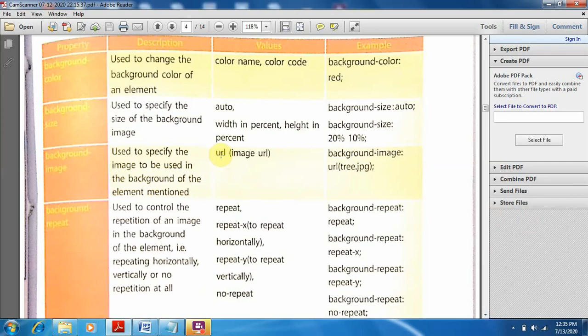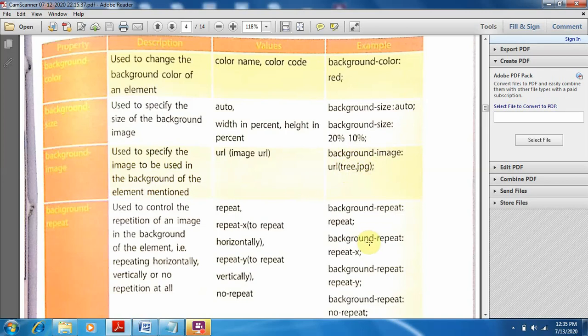Always remember, you have done this in your previous classes. We can specify the image with the help of this URL. For this we write the property background-image and the value is url, then give the name of the picture, like any name .jpg file.